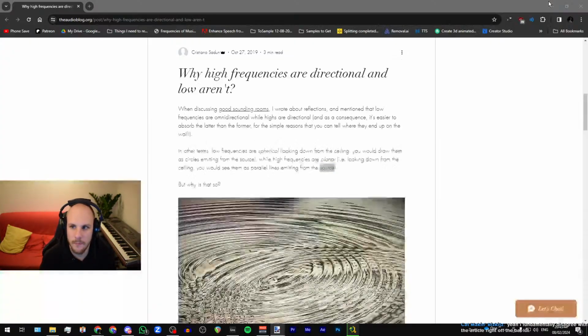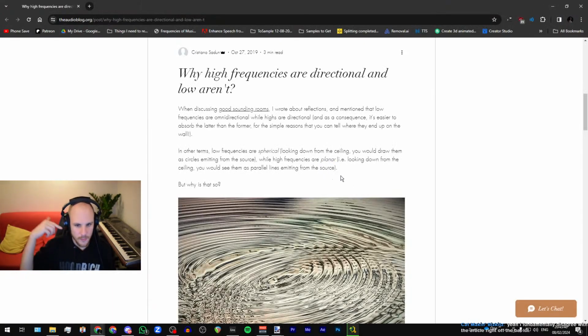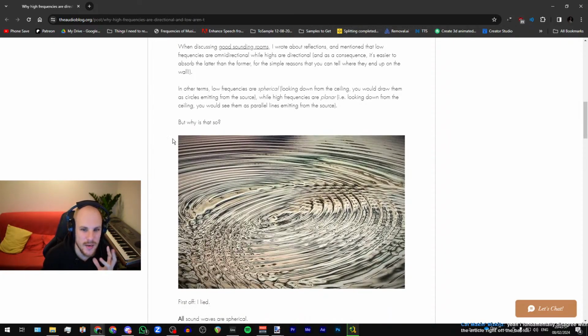So when I see the word source, I automatically go to point source, which means that by definition, you cannot have parallel lines emitting from that. So it's really hard to understand these very technical things because often they lack the technical terms that really explain it well enough to understand, that give you enough detail to make the picture in your mind.